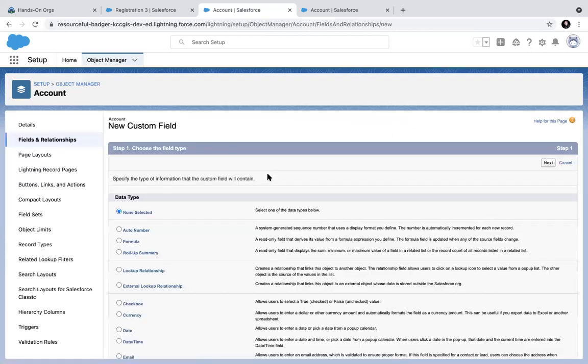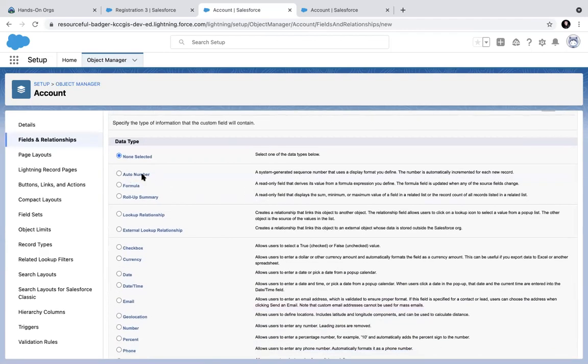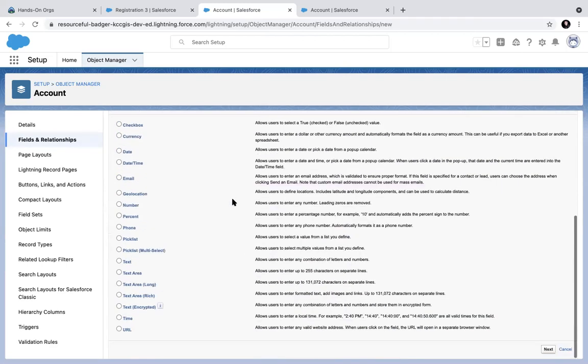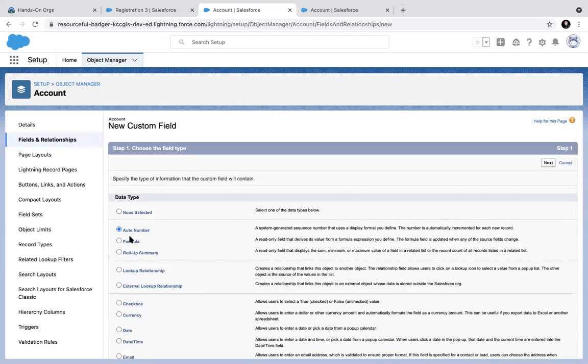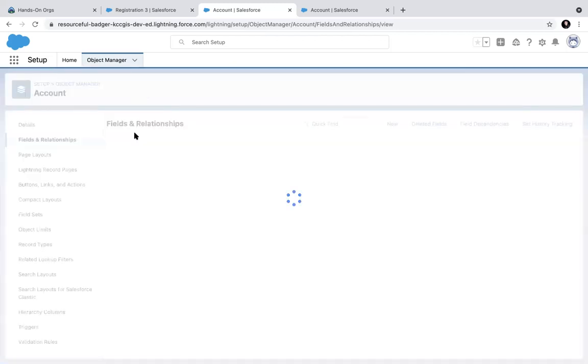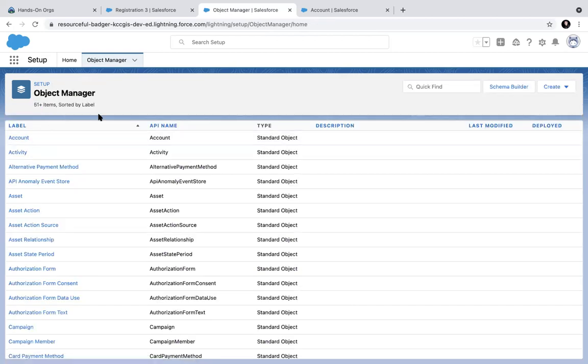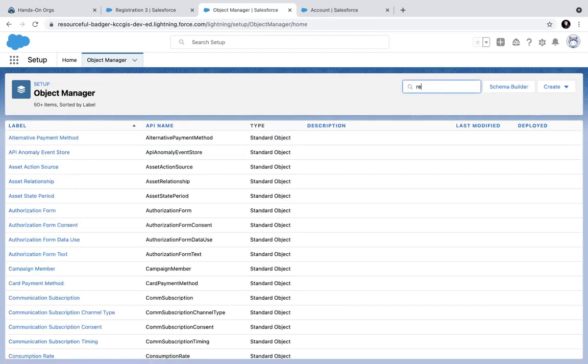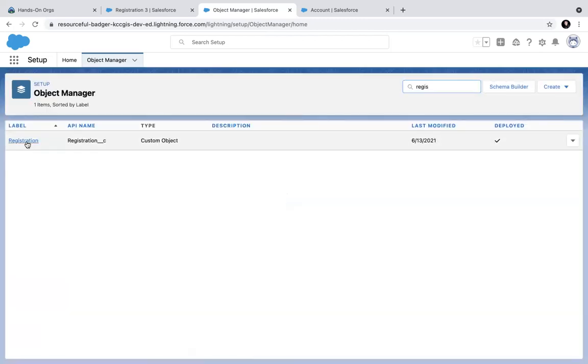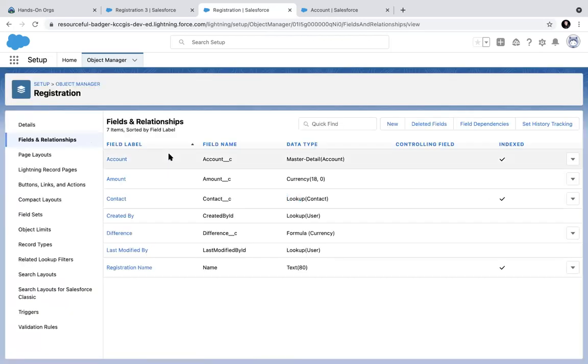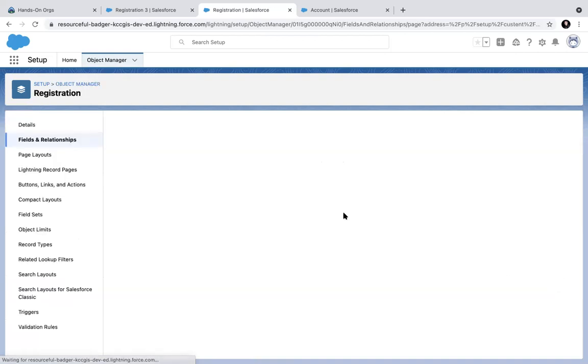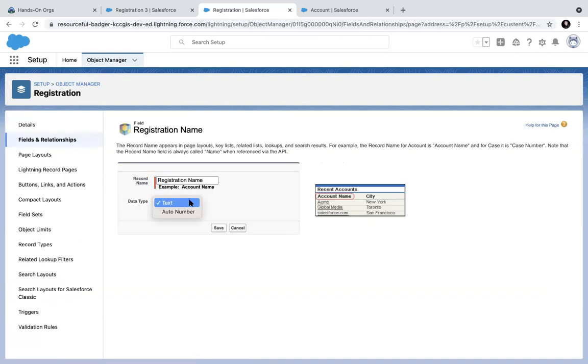Let's look at other types of fields which we have. One of the fields is called auto number. Auto number automatically generates a sequence. You can make the name field an auto number field. In that case, your name field does not need to be typed. Let's see how we can change this. Let's go back to registration. The name field of registration is what we are making a change to. We are typing it by hand, right? It's a text field. The name field can only be changed between two types, text or auto number. So let's give an auto number.